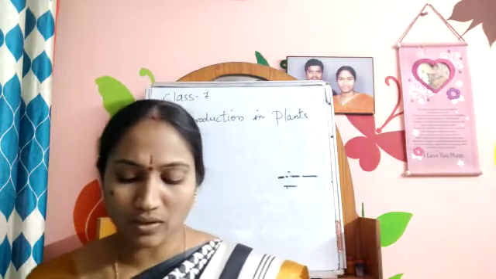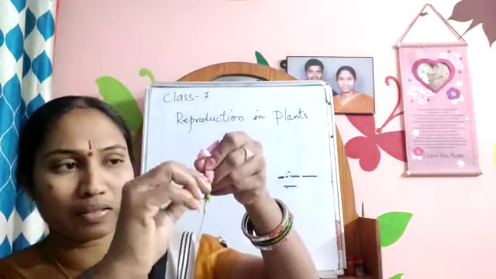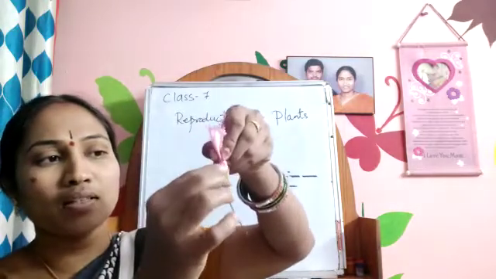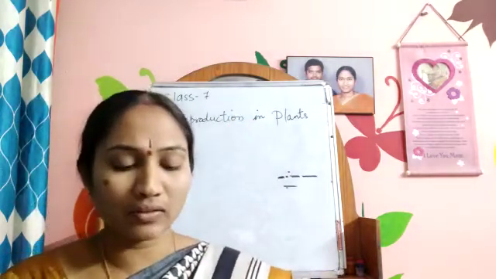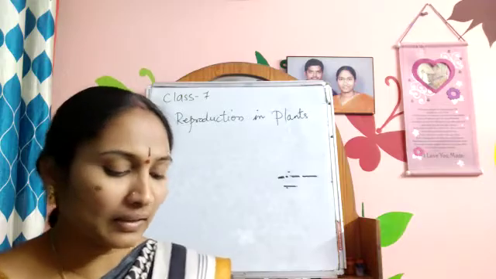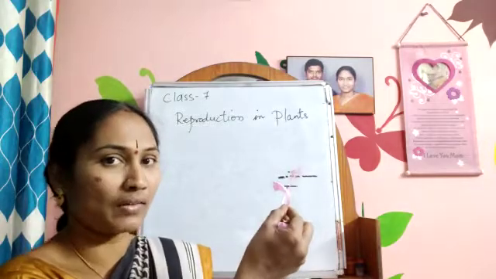The lower ends of the sepals are fused to form the tube-like structure. Remove the tube and fused sepals carefully. What do you see after removing the sepals? Corolla. There is a funnel-shaped corolla. Okay, this is the stalk and these are the sepals. See this one. These are called sepals, and it is different for each plant. In datura it is a little different, and here in hibiscus it is a little different. And these are called petals. What I have removed from the flower are called petals.